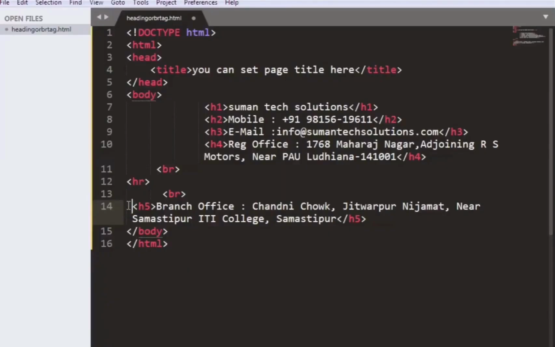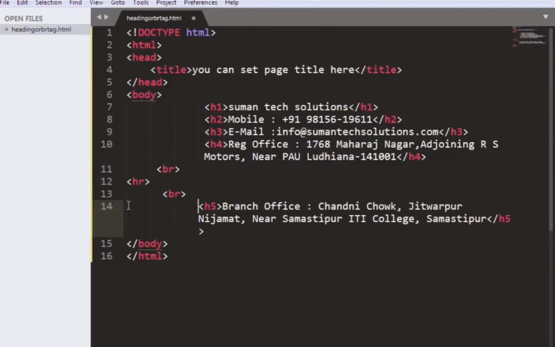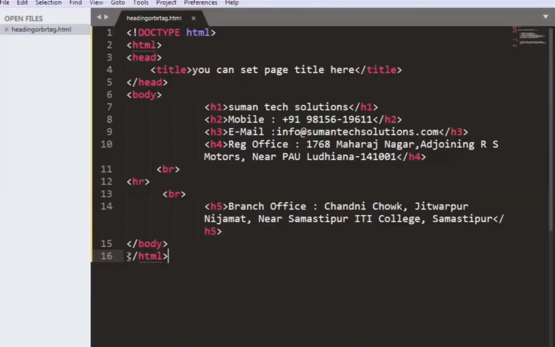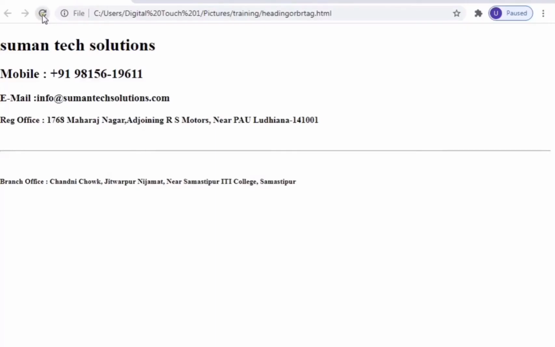So now we can relocate our tags like this. Save the file again. Refresh again. So this is our page that we have created in the heading tag.